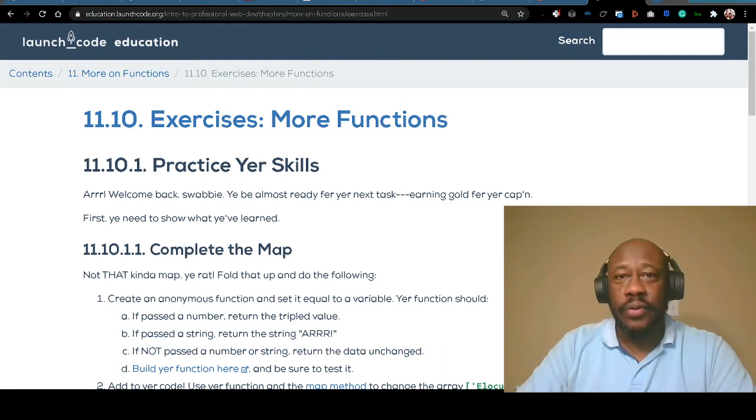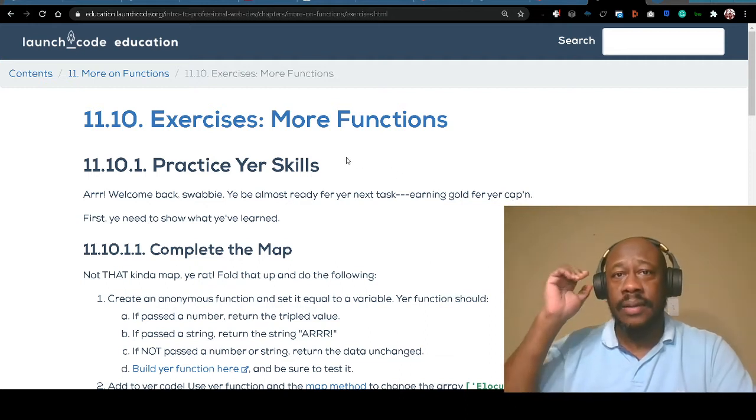I thought I would just step through exercise 1, just kind of get you started. Proud of all you who are doing your reading, doing your exercises, things like that. Let's get into it. So this exercise is going to deal with the map function, and again, map is a